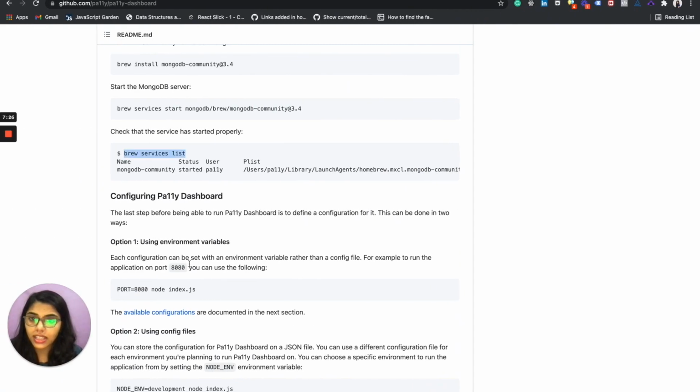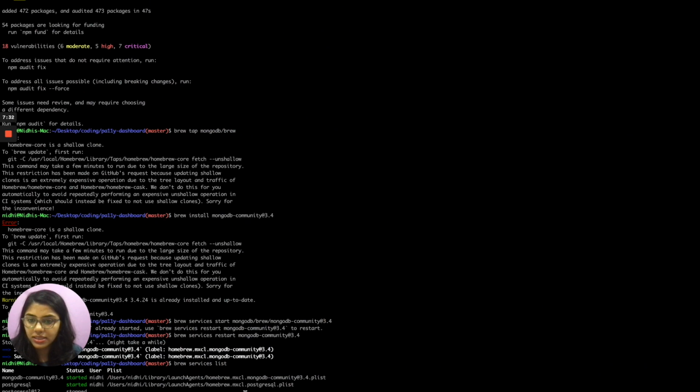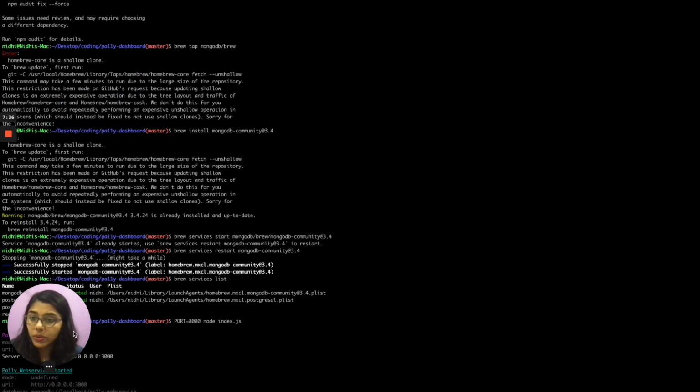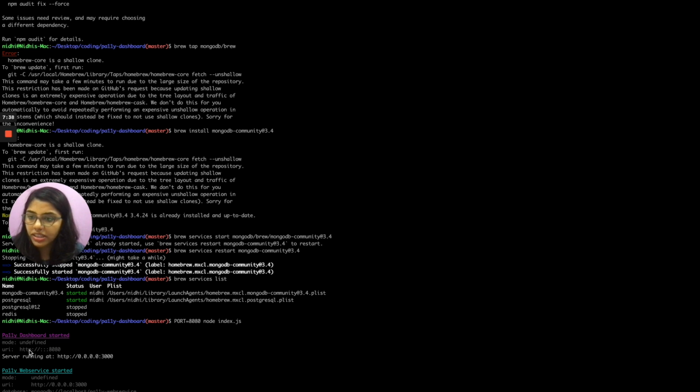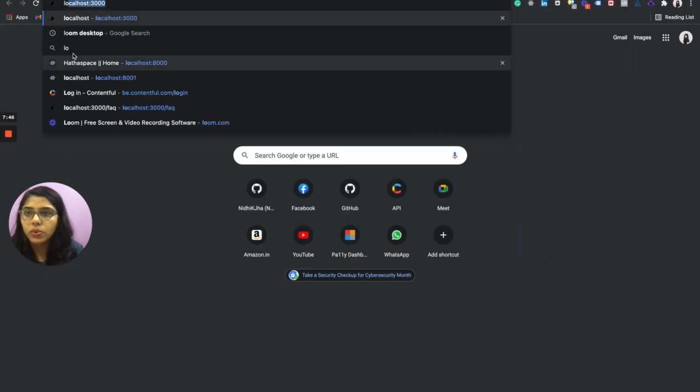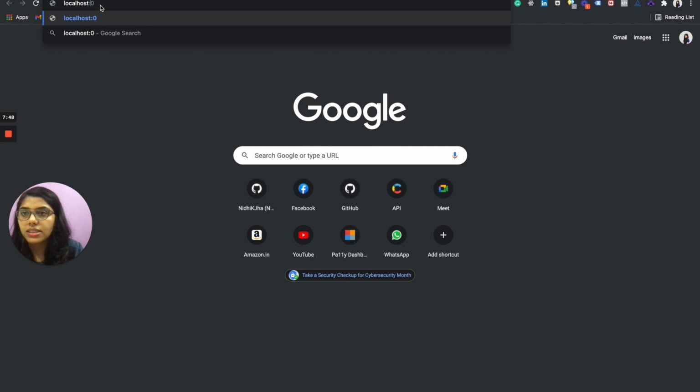Okay, now let's see what is on the port 8080. So here you can see that the Pally dashboard server is running at 3000, and you can see the URL at localhost 8080. So now if I go to localhost 8080,